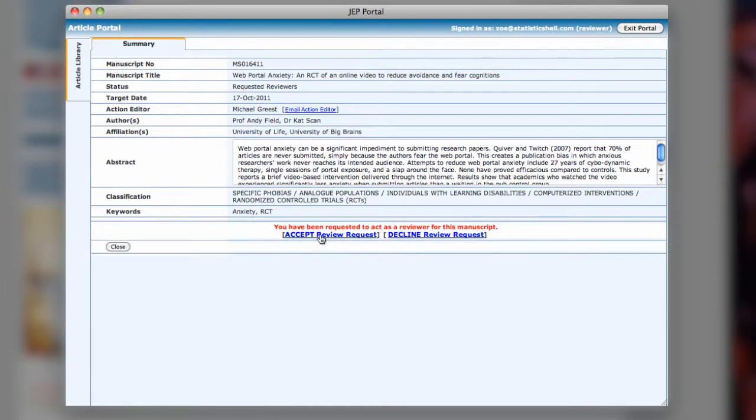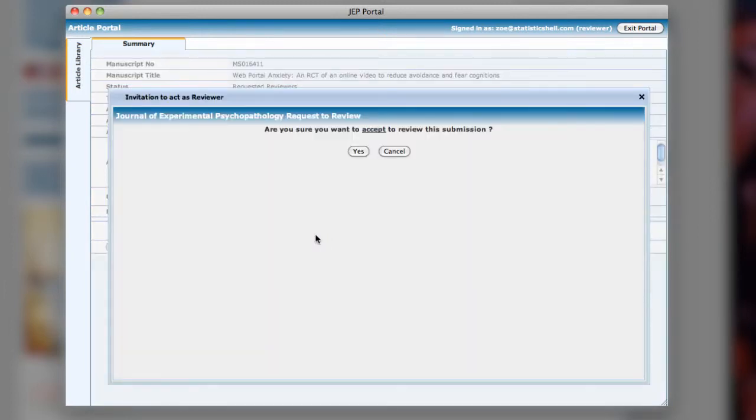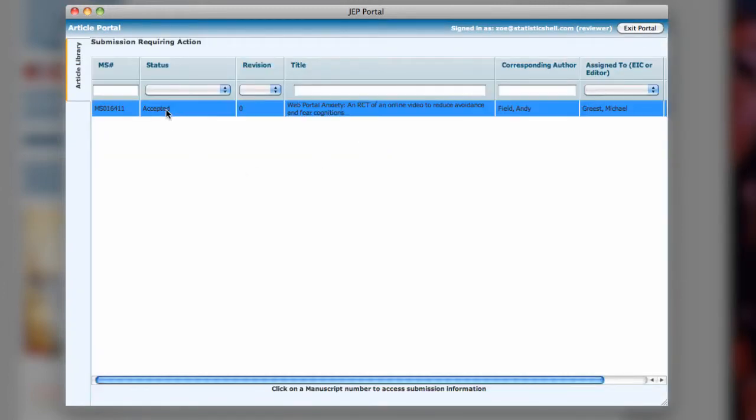So in this case we're going to accept the review request. Asks you whether you're sure, so obviously this is a very important decision that you don't wish to get wrong, and then click on yes, then you can close the box. So your status on this manuscript has now changed to accepted,